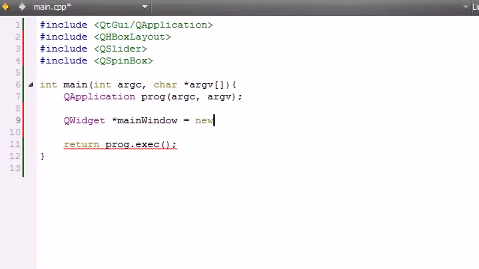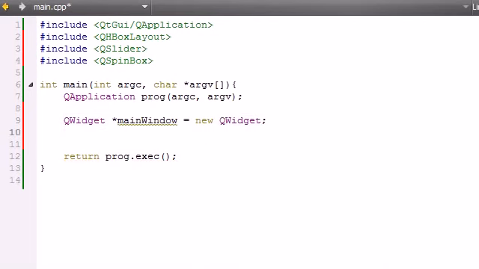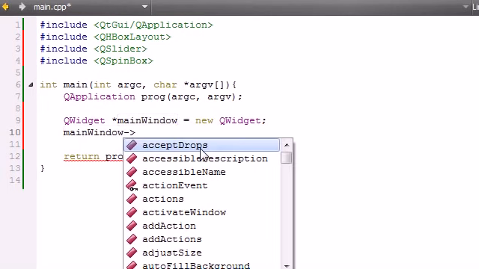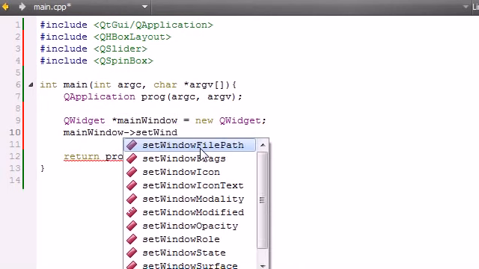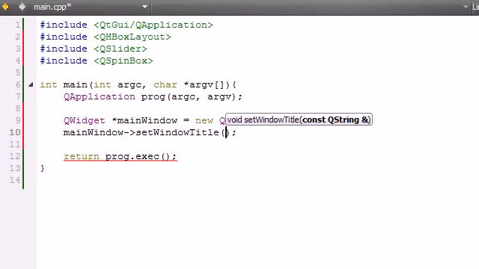And in order to create a widget, just go ahead and put new Q widget. Looks pretty good. So now what I want to do is we have a window that appears on the screen. So now let's just go ahead and give it a title, or pretty much the title that appears at the top of the window. So main window, and the function set window title, and of course just like before we'll say that this program is